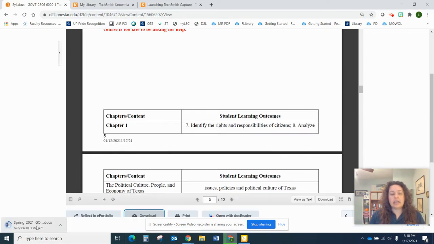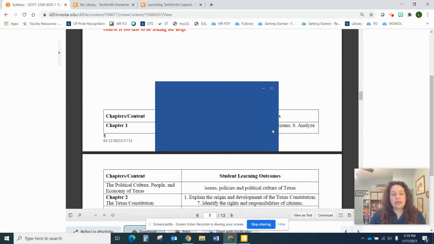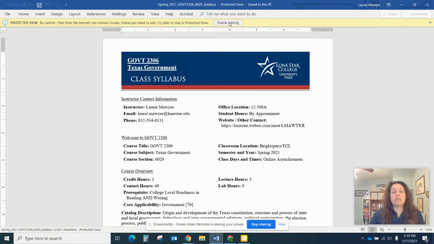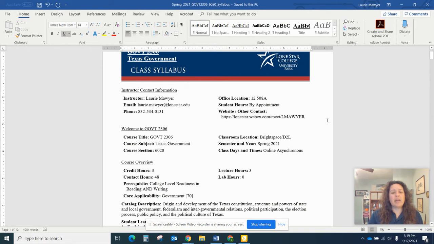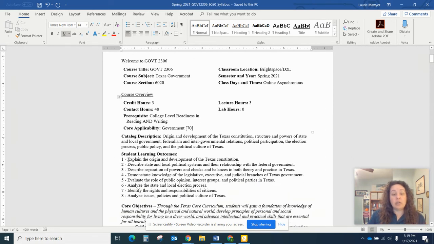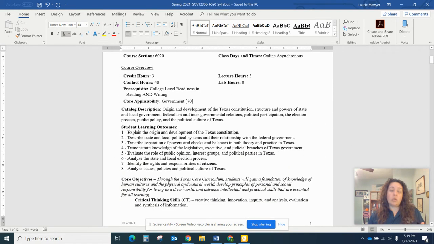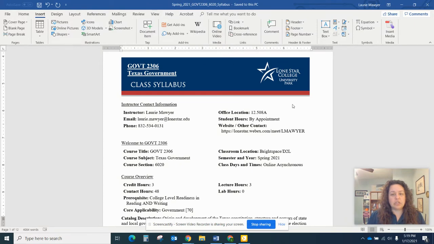You can just click on download and then open up the Word doc and make sure that you save it, because saving syllabi from your college courses is always a smart idea, especially if you want to go back to school at some point and there's any sort of a break. They might say, oh, that course doesn't count. But you can say, look at my student learning outcomes and the core objectives. I learned to do these things. Here's the official syllabus. And they'll be like, oh, we'll give you the credit then. It's happened to friends. I know it's a legitimate thing.